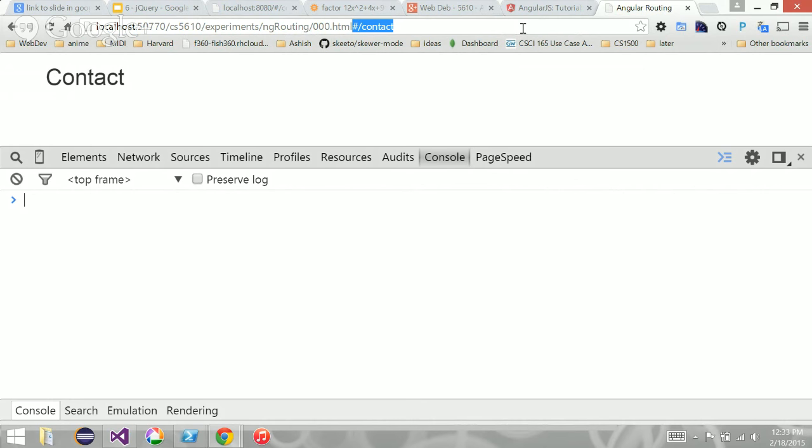Yes, like a bookmark, exactly. And so Angular extends this mechanism. The general pattern is that you use the URL to store the state of the application, so that all the information you ever need to be able to go back to a particular state of the application is encoded in the URL.